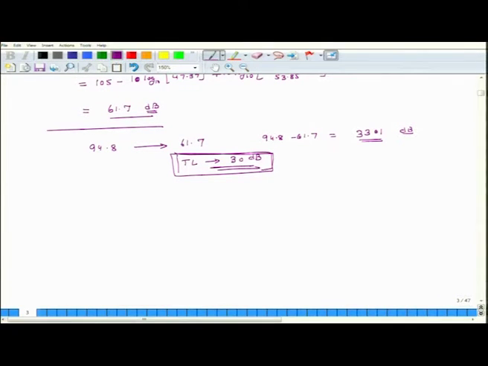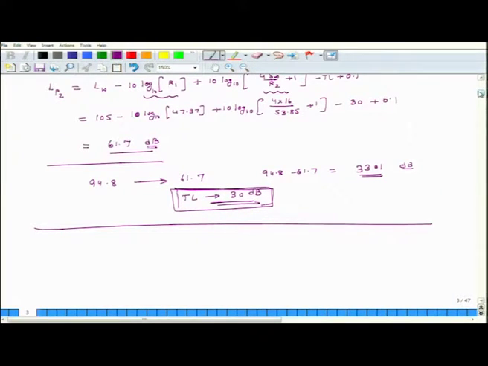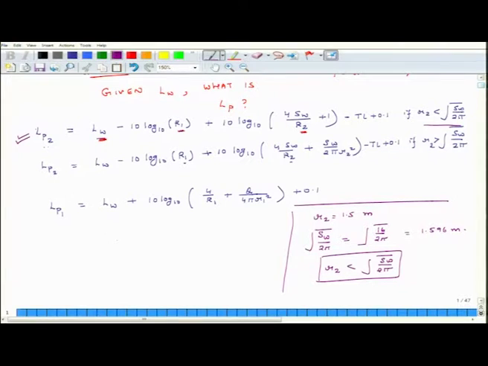Also, I wanted to give you some understanding of what kind of reductions we can achieve if we play with room constants. So, we had seen that the sound pressure level in the second room is dependent on R1, and it is also dependent on R2. So, here is some estimate.